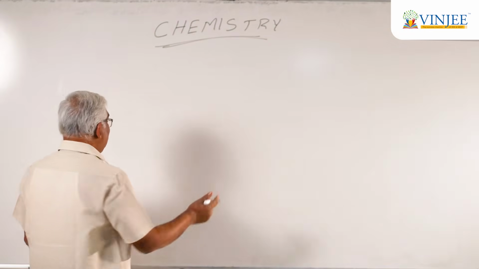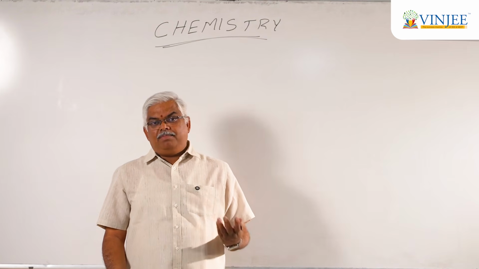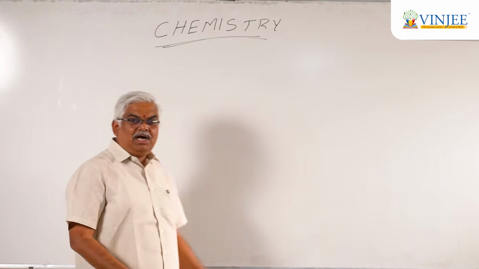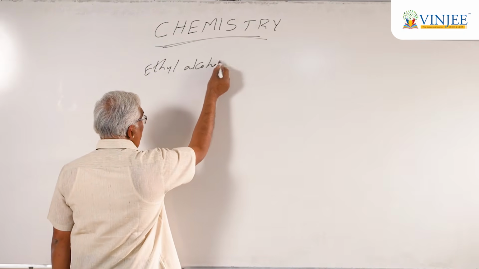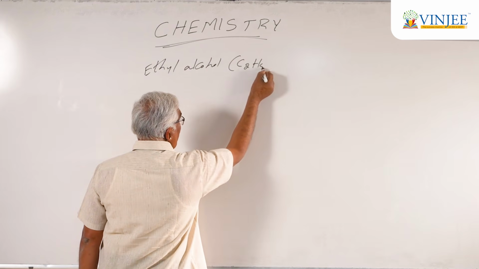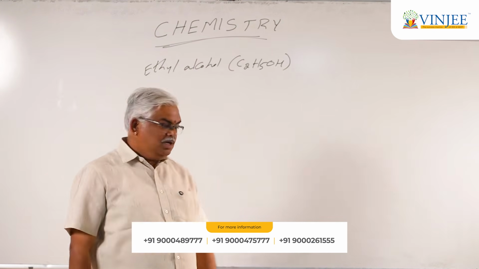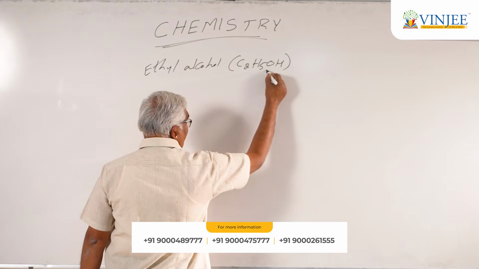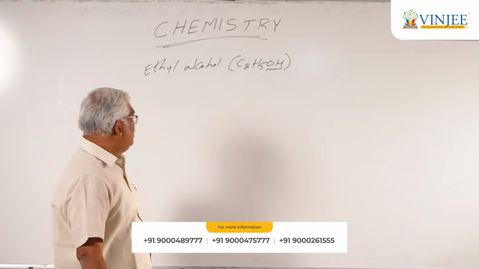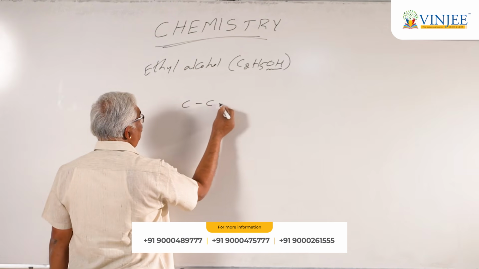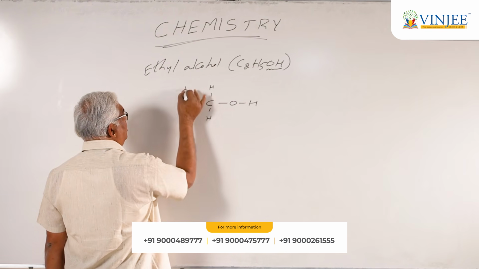Today in this session, let us talk about a compound sought by many, a compound that runs the government. It's nothing but ethyl alcohol, whose molecular formula is C2H5OH. Now, OH is the functional group because of which it falls under the alcohol family. When you look at the structural formula, you have two carbons with oxygen and hydrogen, and the remaining hydrogens are directly